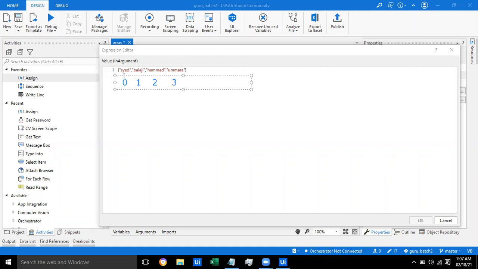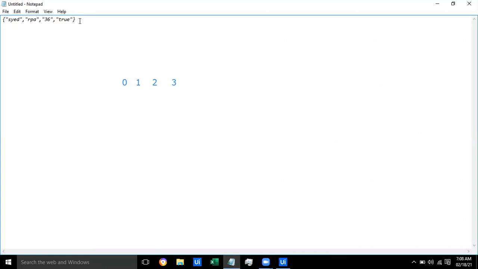So what we can do is access the array element by its index. The syntax for accessing the array element is like this. Consider I am going to store it as variable one. Variable one is my array name. What can I do if I want to call 36 here? I give the variable name followed by its index. So what is the index of 36 here?